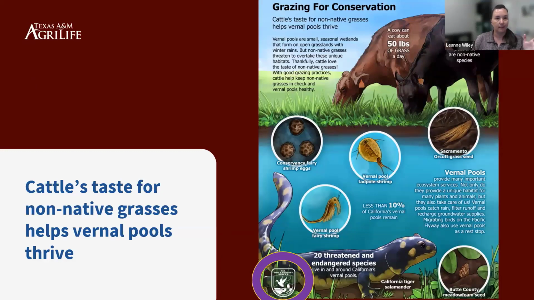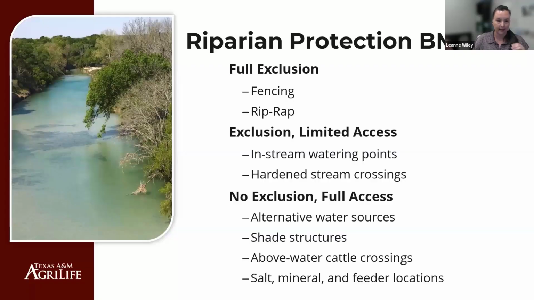And so I had a little research to do, and this is kind of one thing I came across, but ultimately I ended up falling back on some of my Lone Star Healthy Streams information and a couple other things that I'll reference in a moment. So more of that riparian protection best management practices that I would usually go over in my programs are, I mentioned fencing and having those areas fenced out so you can better control that, and hopefully be able to keep the cattle excluded. That's not always a feasible option.